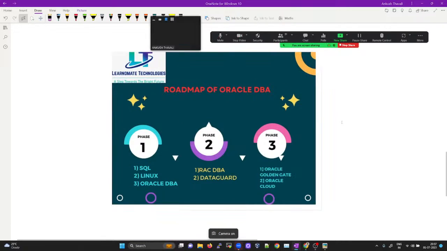Okay, so you can see there is a diagram on your top. I'm going to explain the roadmap of Oracle DBA, like how you can start your career as an Oracle DBA. Before I go to the diagram, I'll tell you one thing very clearly: in order to become an Oracle DBA, you don't need to have any knowledge about the